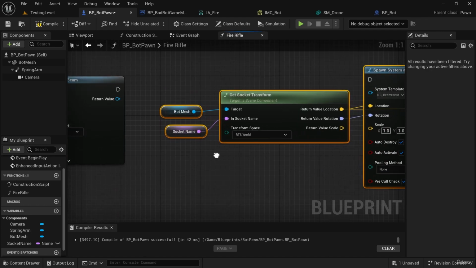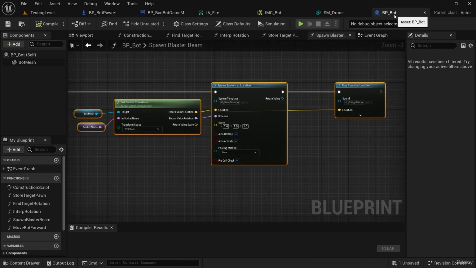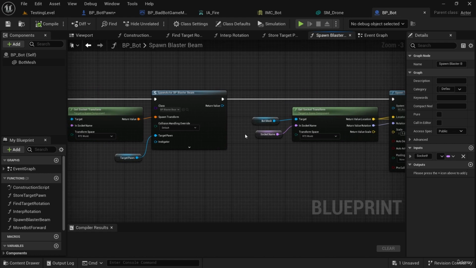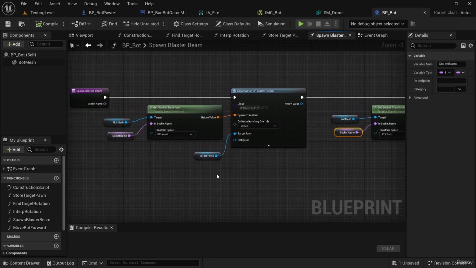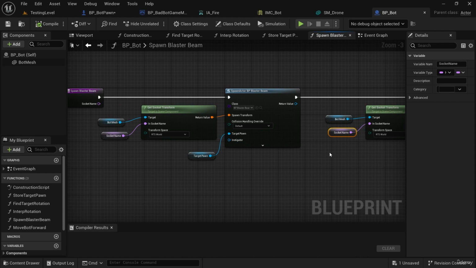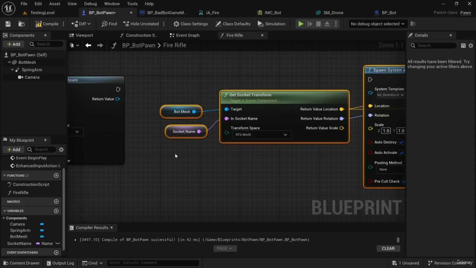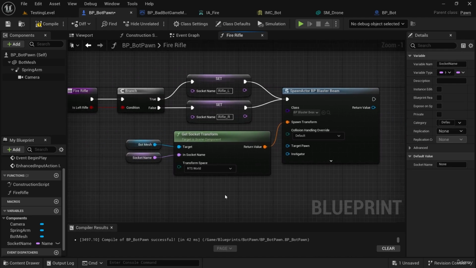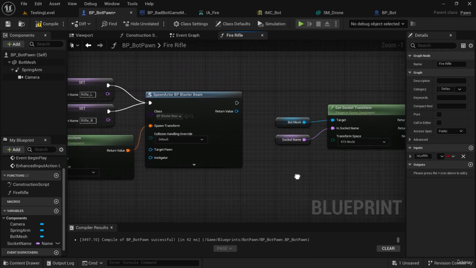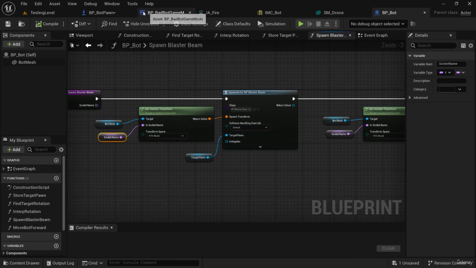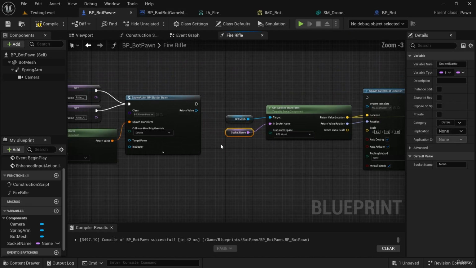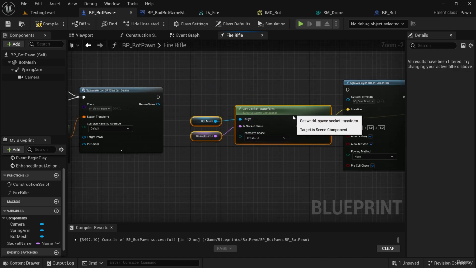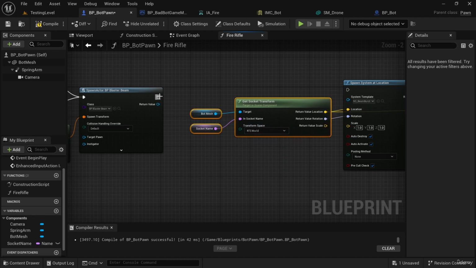Now, the interesting thing is that in BP bot, we had socket name, right? Which was an input parameter to this function. This is kind of like a local variable. It's local within the scope of the function. It doesn't exist outside of it. When I created a local variable in fire rifle, I created a variable that's local to the function like that, but it's not an input parameter. That's the only difference. But because the variable socket name exists within this function, I can paste that node in and it just links up and it uses socket name. Pretty convenient. So I can hook these up